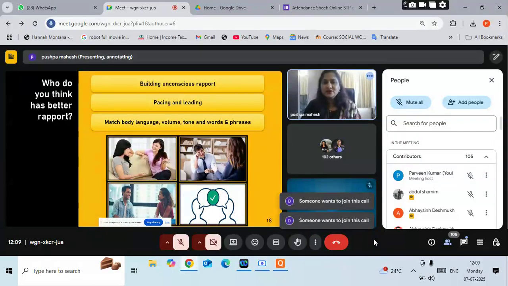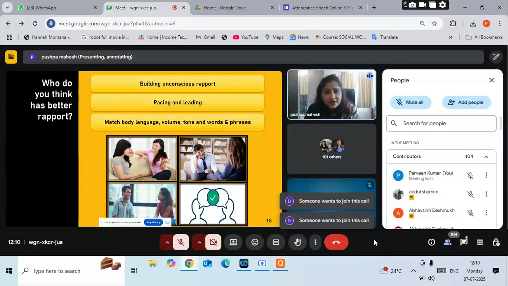So, the very first point to build an unconscious rapport with them, apart from eye contact, greeting, shaking hands, apart from all of those body language things: unconsciously, if you have to be connected with them, just mimic them, mirror them. Sit the way they are sitting. Look at the first picture. Sit just how they are sitting. If they are sitting like this, you can mirror them. It is called body mirroring and matching. If they are sitting like this, you can also sit like this.